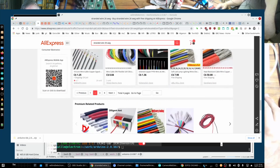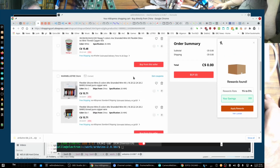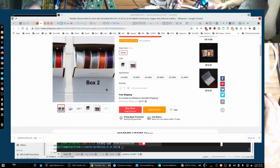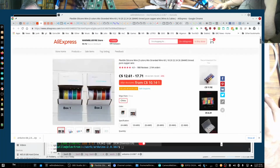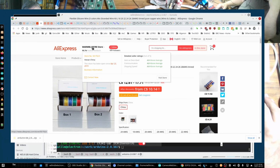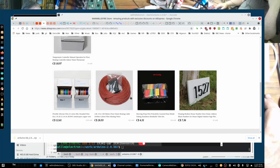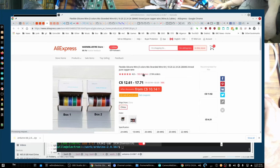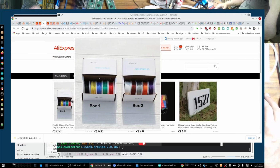Actually, I'm just going to go back to the company that I did the first one on, the solid. Stranded, solid, open. I'm just going to check down here if they have both types of wire, because sometimes these stores have both. So yeah, they do have stranded. So this is stranded wire. And the last one I had was,